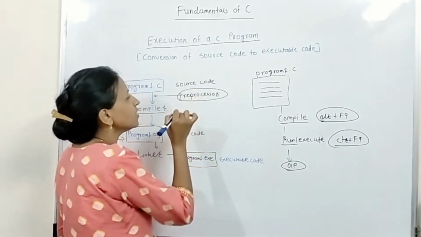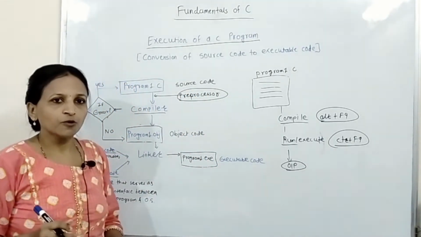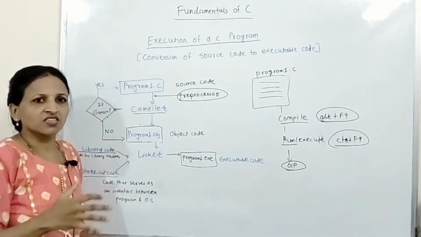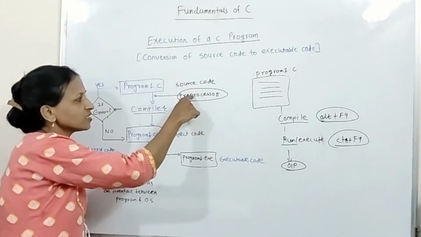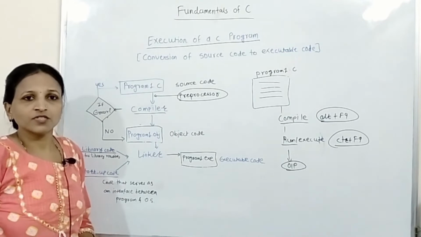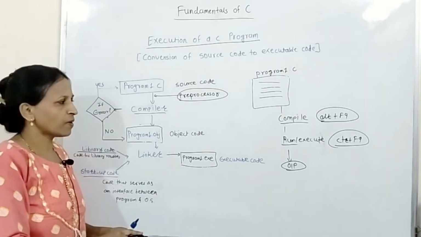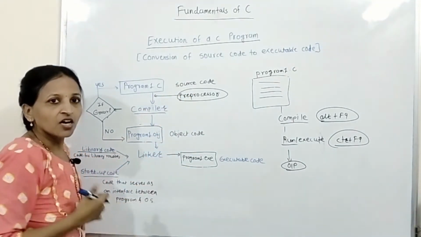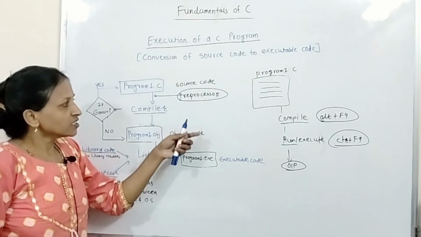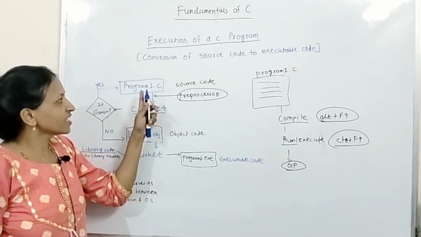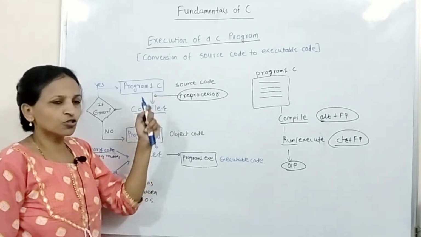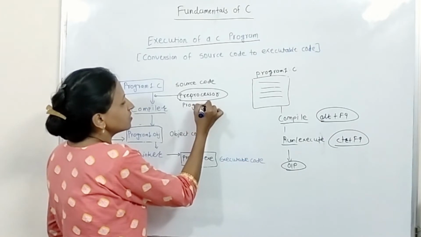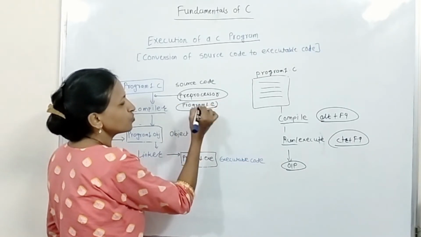Now what is the purpose of the preprocessor? There is a concept of preprocessor directives in the C language that we will see in later sessions. But before that, whatever preprocessor directives there are will be resolved at that place by that preprocessor. It is called a preprocessor because it acts before compilation. That's why it is called a preprocessor. This preprocessor acts first and will generate extended source code. This one is a source code .c file. It will generate something like program1.e, meaning extended source code.